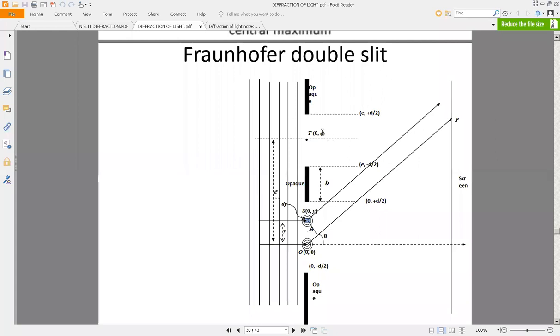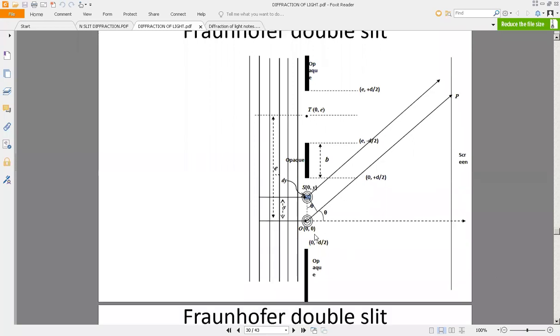So if this point coordinate is e, obviously, if you subtract d by 2 from e, you are going to get this coordinate. That is the second slit's lower limit. The second slit's lower limit is e minus d by 2. And similarly, the second slit's upper limit, from e, this is plus d by 2, right? So e plus d by 2 is going to be the second slit's upper limit. Only for the purpose of putting the integration limits I have added this e. This integration is the same as whatever we did in the single slit case, right? I'll move to the next slide.